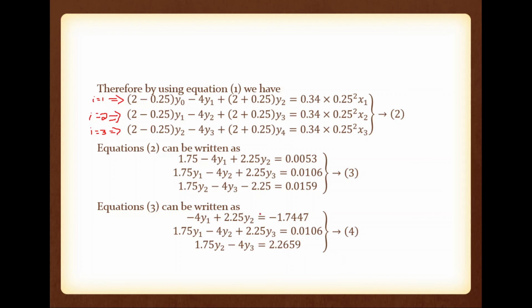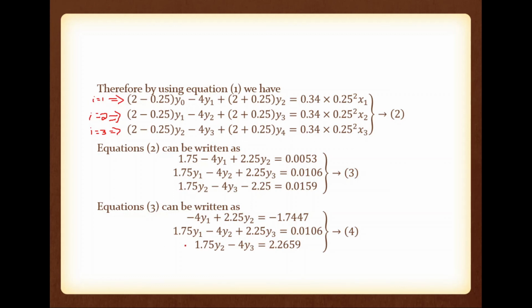So now you can see that this one is a linear system, right? This one is a linear system, order linear system. So by using the direct elimination method, or by using iterative method, or by using relaxation method, you can solve this one. So I am using here the Gauss elimination method. So for Gauss elimination method, first we need an augmented matrix.